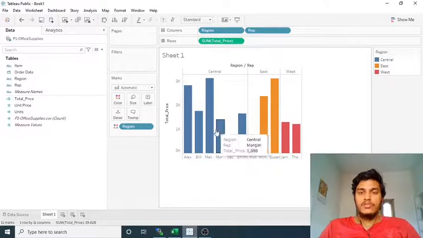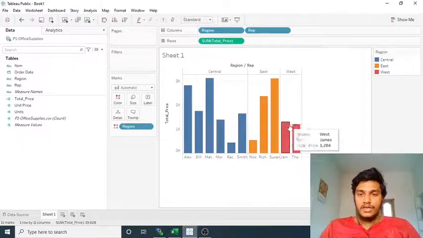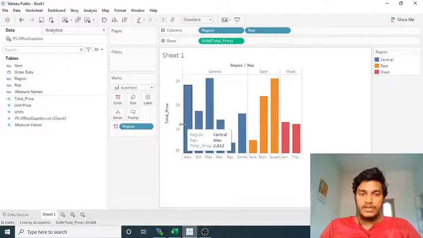In the studio we can identify that, but if you export this image and see it as an image, then it will be very clumsy or very difficult to observe. For James, they need to identify the corresponding axis value here. That means they will approximately identify it as 1200 or something like that.